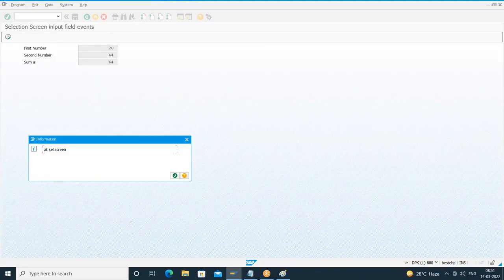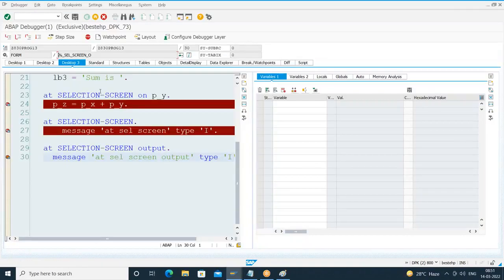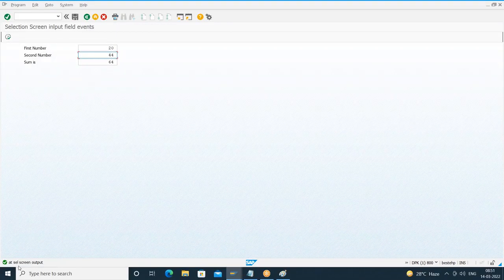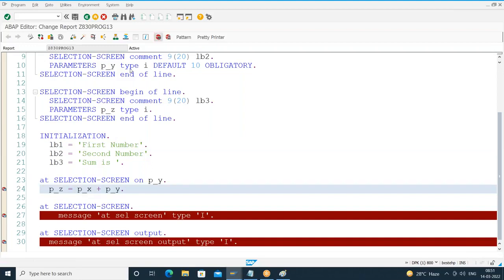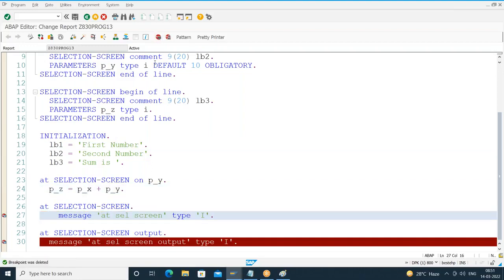At selection screen. When I continue, next where is it going? At selection screen output. Okay, F8. That's all. So I got the last message what? At selection screen output. So what is the overall understanding here? If you start the program execution in this example,